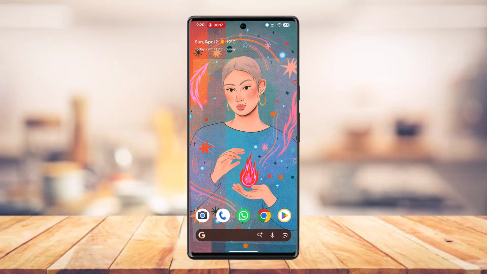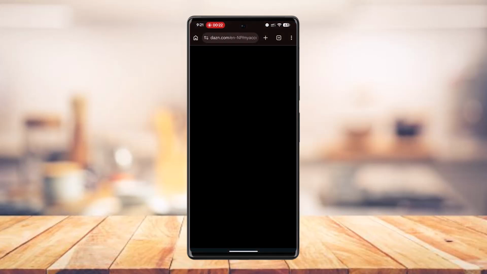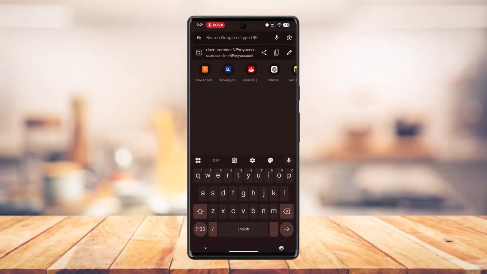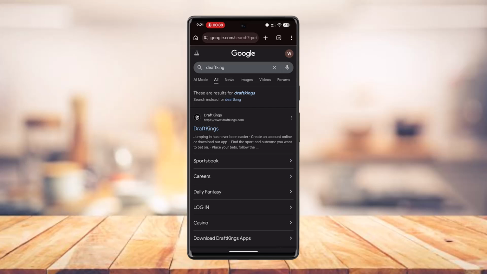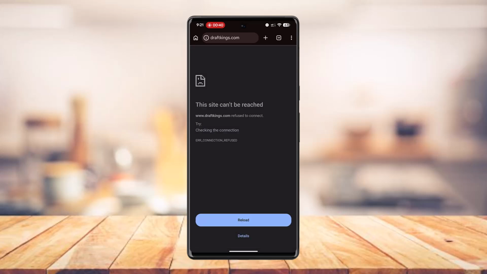So you could visit the DraftKings website or install the app as well. I prefer using the web version, so I'm just going to use the browser. Either way, the procedure is going to remain the same for the app as well as for the website. So type in DraftKings. There you go, the first link that pops up, select it. And unfortunately, you could see this is not available in my country, so I'm just gonna go ahead and